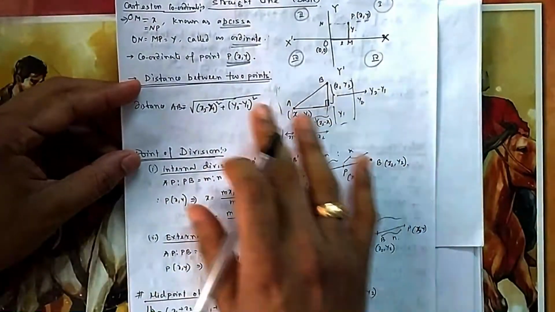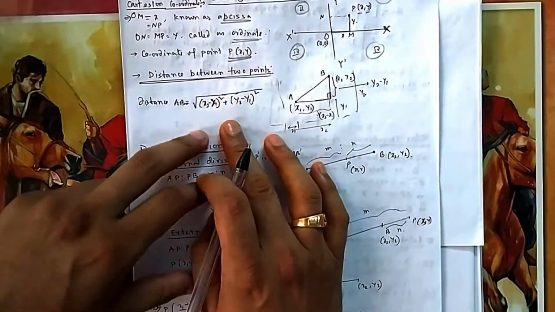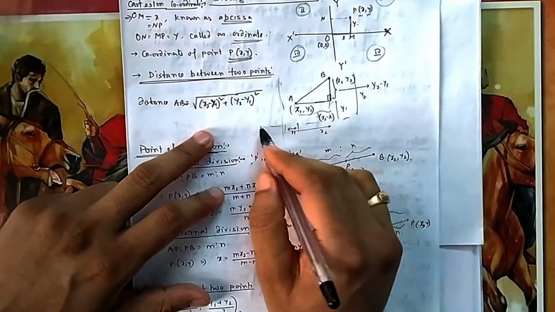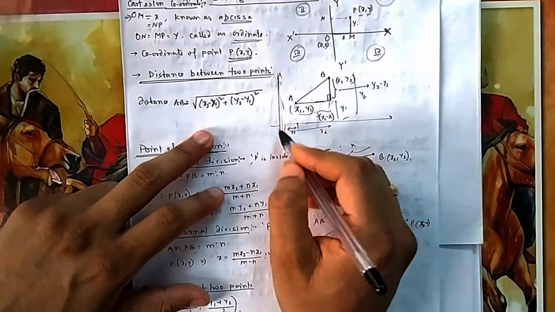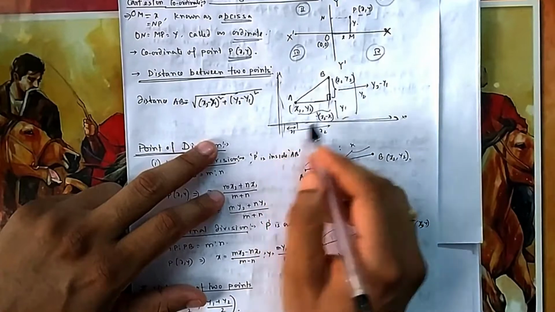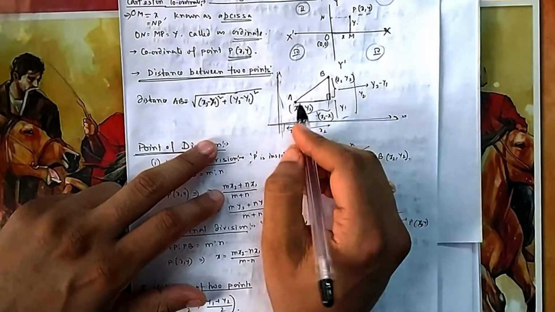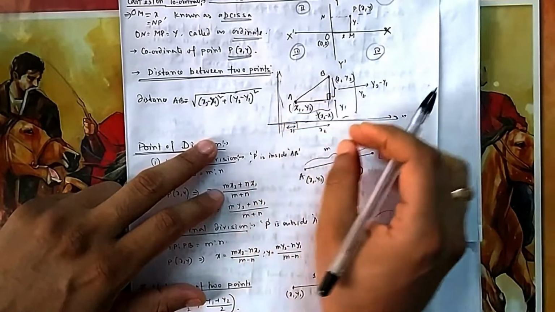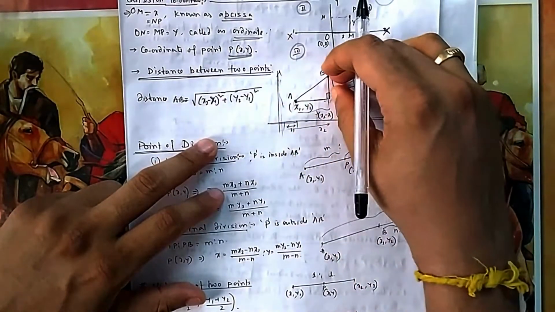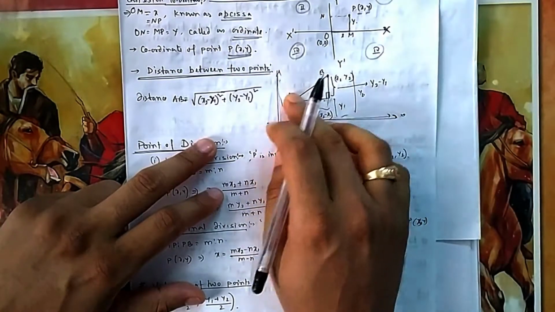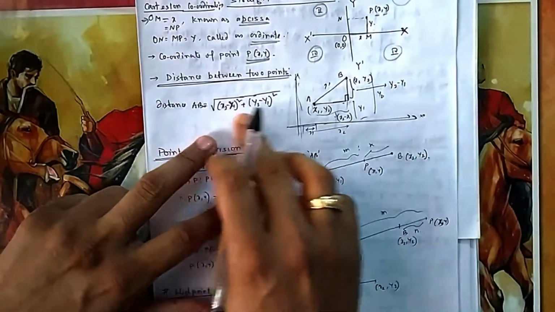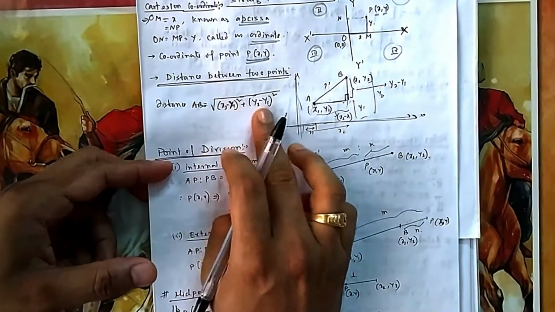Okay, now what is the very basic formula you have studied? That is the distance between 2 points. Suppose you have points (x1, y1) and (x2, y2). Suppose this is my coordinate system, x and y. I have not drawn it, suppose this is my reference system. This is x1 and this is x2. So this distance is x2 minus x1. Similarly this height is y2, this height is y1, so this length is y2 minus y1. This is the Pythagoras theorem, this is 90 degrees. So it is the square root of this square plus this square: square root of (x2 minus x1) whole square plus (y2 minus y1) whole square.